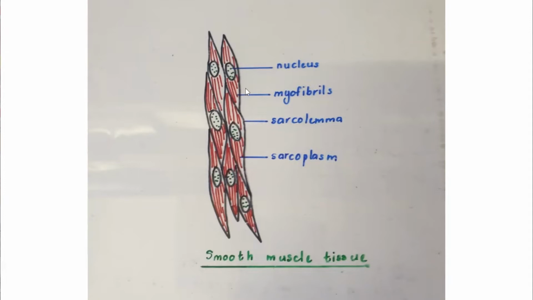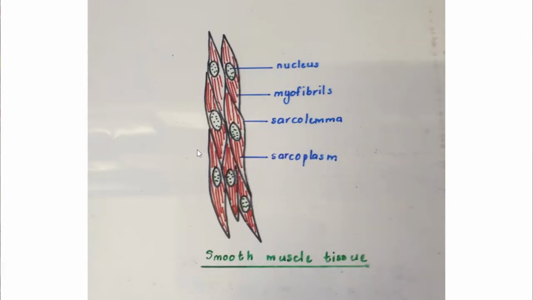Now, if you look at the cells, you can see the cells are spindle-shaped, meaning they taper towards the end. There's an oval nucleus, and there are muscle fibers here called myofibrils in the tissue. The cell membrane we call the sarcolemma, and the cytoplasm in the muscles we call sarcoplasm. Now, this tissue forms many layers, hence the spindle fiber appearance. If it's spindle fibered, you can have many of them tightly packed, and hence you can have layers of this